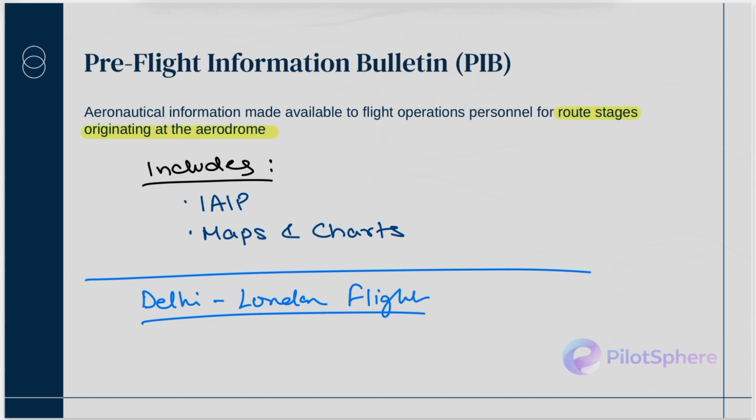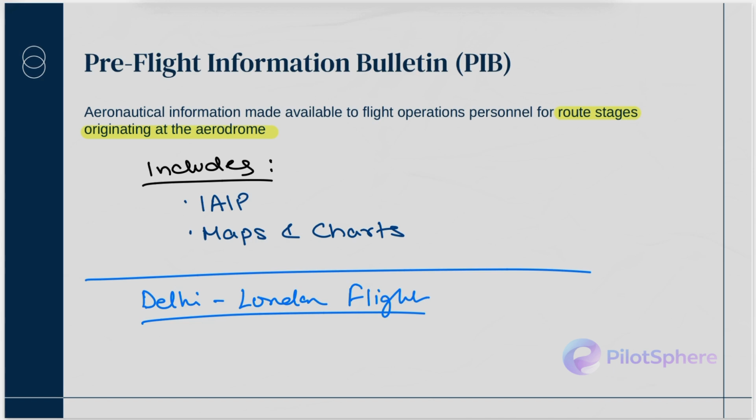And at Heathrow, you get a snow time alert because the runway has been contaminated by snow or ice. The PIB, let's say, is 1 or 2 pages long, and it's just information that concerns you and your flight. So it is that filtered and personalized version that only I need to worry about.